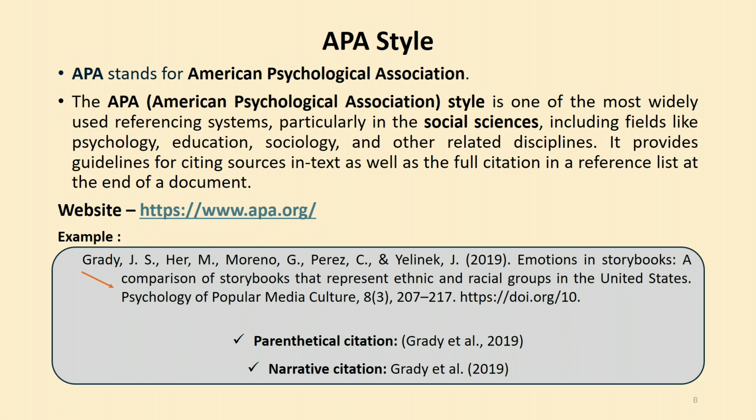So this is how we write a reference of a research paper with APA style, and under this you can see how we cite the same paper under the citation with parenthetical style. You can see here on the screen, and under the narrative citation you can cite it like that. This is very important for a researcher to understand, how to cite properly and how to write a reference. And when you are using APA style, especially in social sciences, it is recommended to go to the website and see the detailed aspects of APA style.